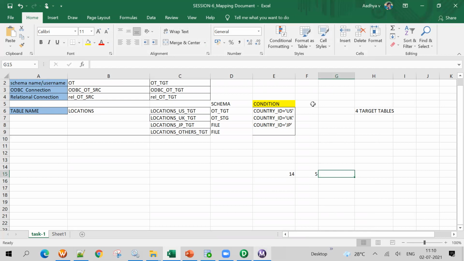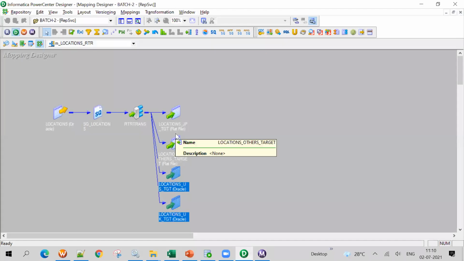And please note, today is which session? 6th. I will send the video for the 6th and the 7th. After that, I will not send the video, guys. So you have to practice yourself. Tomorrow I will be teaching the expression transformation. Once I teach it, you will be able to understand and create mappings on your own, because we have done almost 7 to 8 mappings till now. When I explain expression, you will come to know what Informatica exactly is, what input ports and output ports are, everything. So please practice.